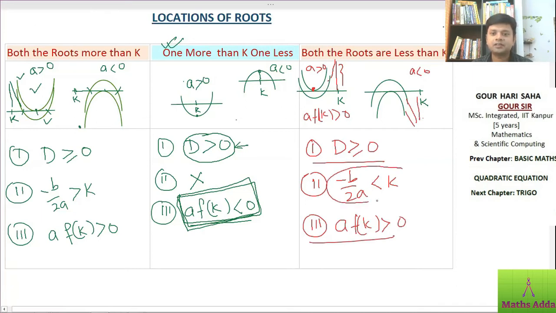If you compare first and third, this is same, this is same. Only difference is second one. So if you observe it, I told you maths is heavily dependent on observation, right? So if you observe, things will settle down. Still I recommend that you go through this theory at least 2 times.